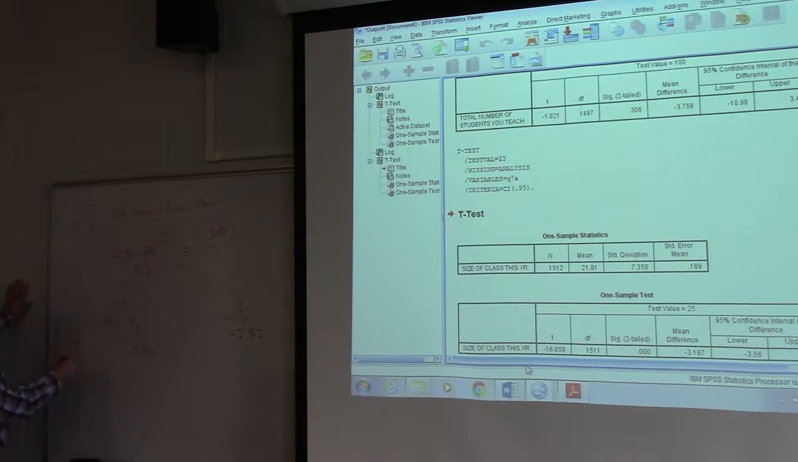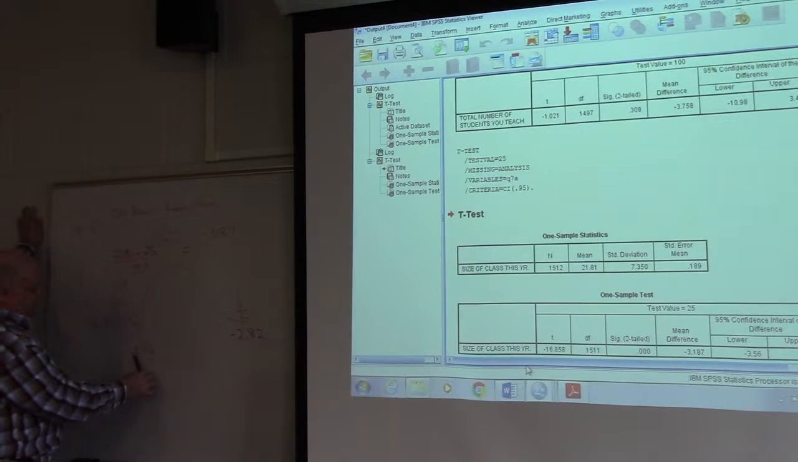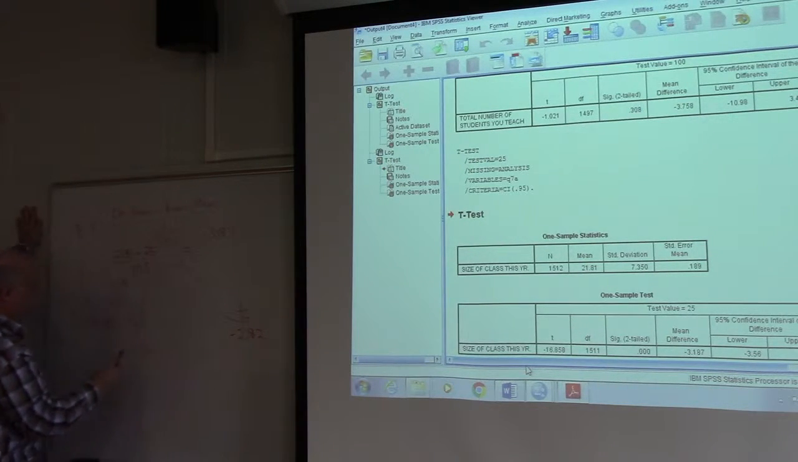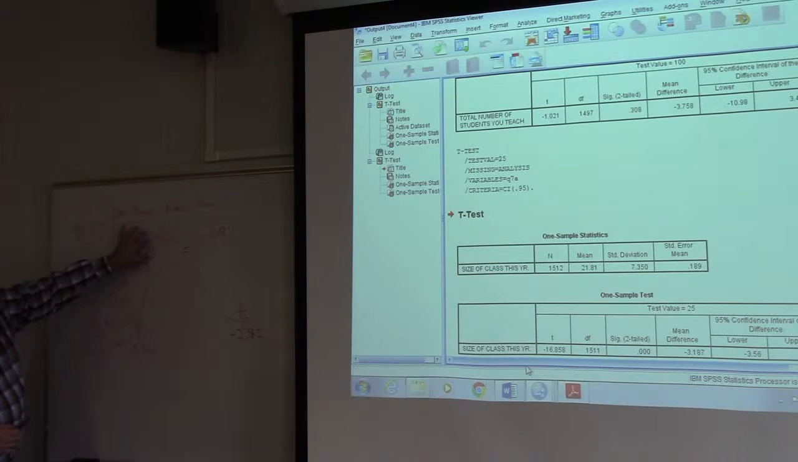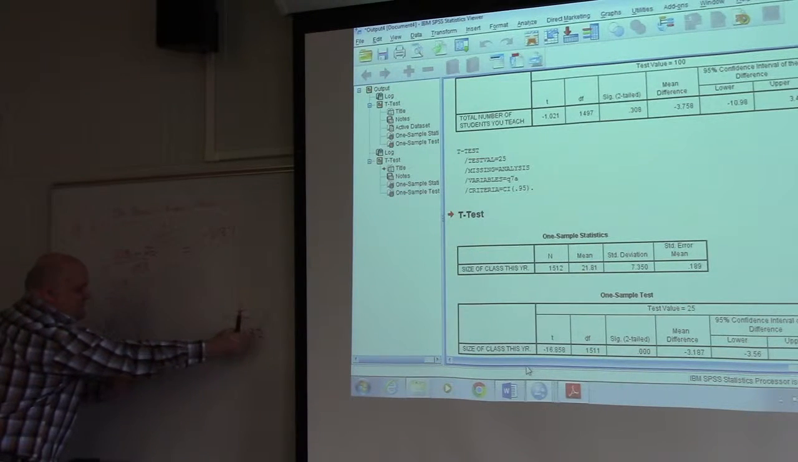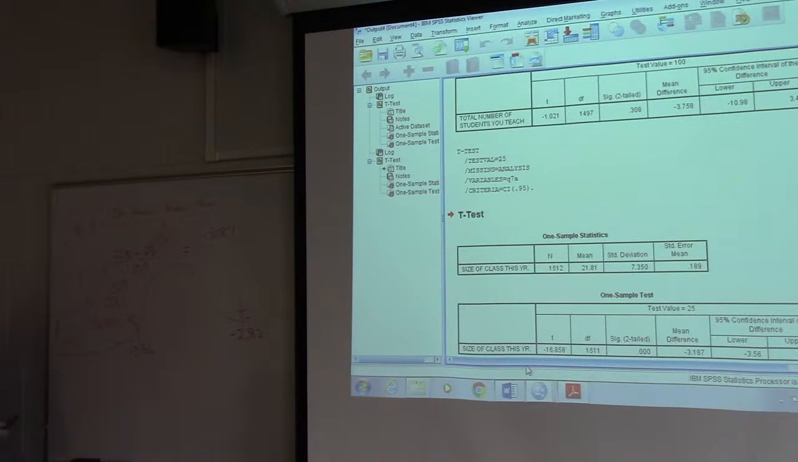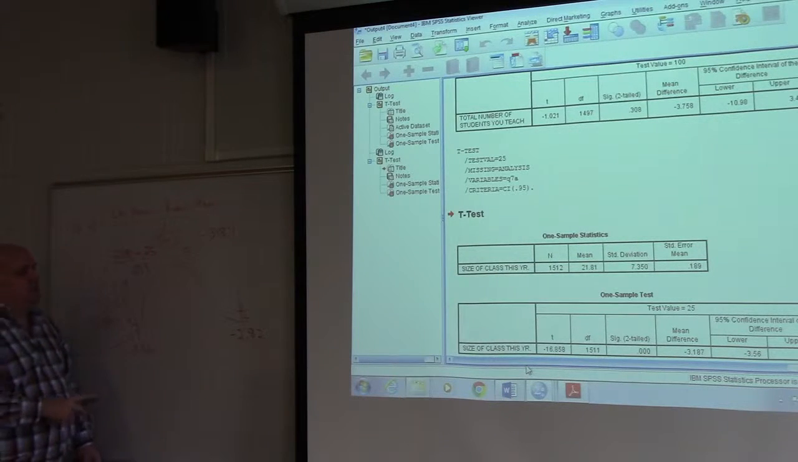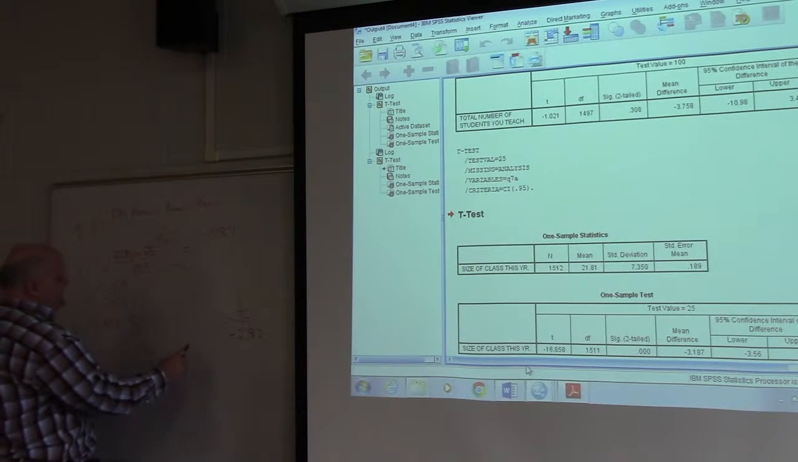So I look at my observed t of negative 16.858 and I say, is it between negative 3.56 and negative 2.89? No, it's way past. So I say this mean is so far away from 25 that it yields a t-value outside of my upper and lower bound t-values. So I reject the null and I say teachers in this district serve students with lower class sizes than the national average of 25. So what we can do here is we can think about this picture more and we can say,